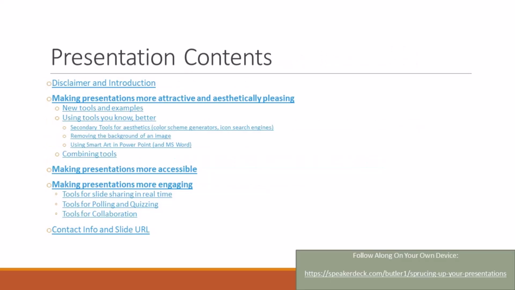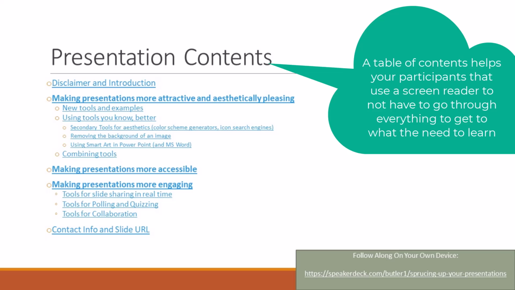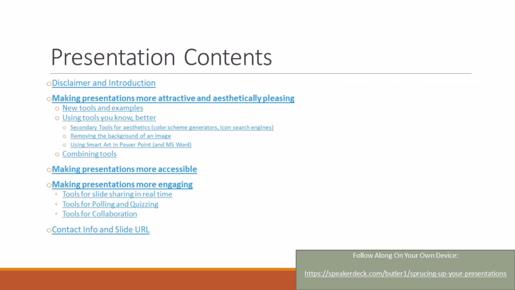You can also create a table of contents, and you might have noticed this at the beginning when I did my introduction. My introduction slide is not very pretty. This is actually a presentation table of contents, and what is awesome about this in terms of accessibility is that somebody with a screen reader, if you have a presentation that's 50, 60 or more slides long, has to go through every single one of those slides to get to a specific point in your presentation. If you have a table of contents at the beginning, a screen reader is going to read each of these links, and you can click on those links.